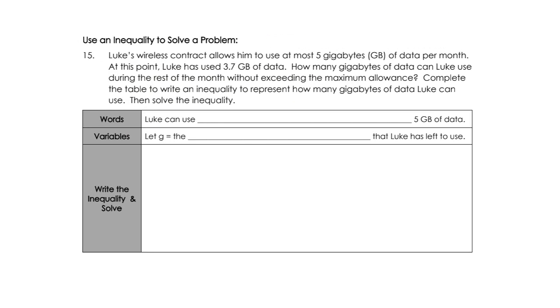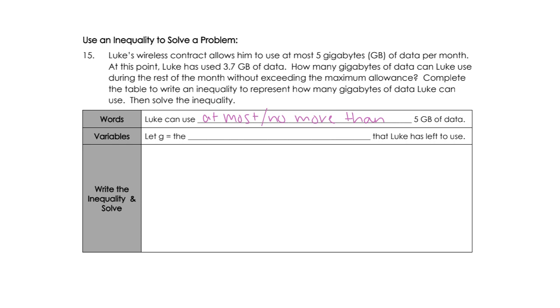So Luke's wireless contract allows him to use at most 5 gigabytes. So that's actually our first part on this table. Luke can use at most 5 gigabytes. I do want you to go ahead and add another phrase in here. Another way that you could say at most would be no more than. These are going to be the 2 most common things that you say that relate back to the inequalities, because